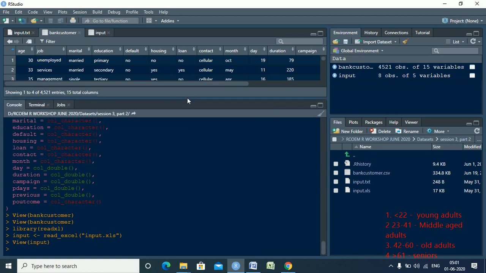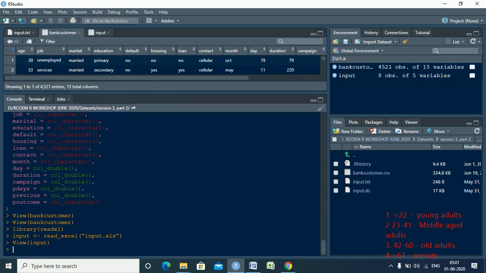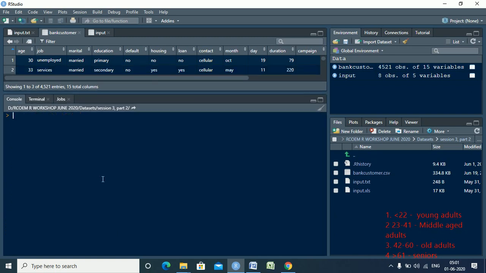Right, so let me just decrease this size, clear it. Now in this case let me first call for the functions. The functions that we are going to use here are for data manipulation: finding out mean, minimum value, maximum value, and transformation of age into a new categorical variable. For any data manipulation technique, we have to make use of the dplyr package. So in this case we will have to call for the dplyr package.